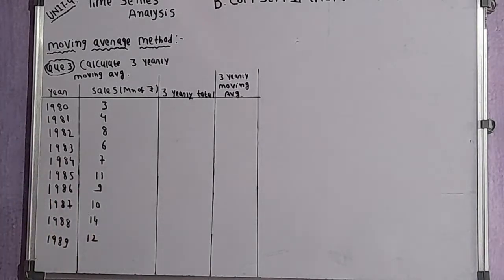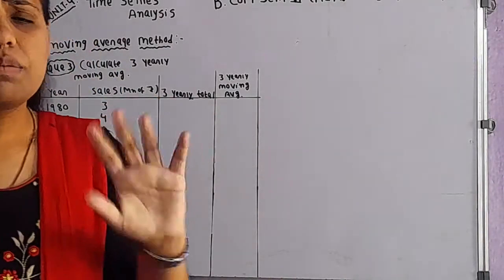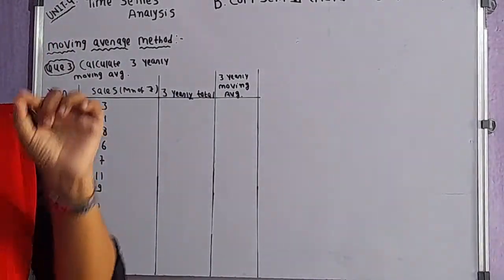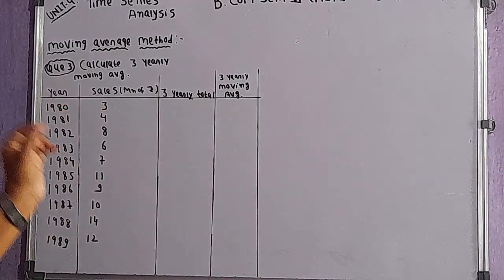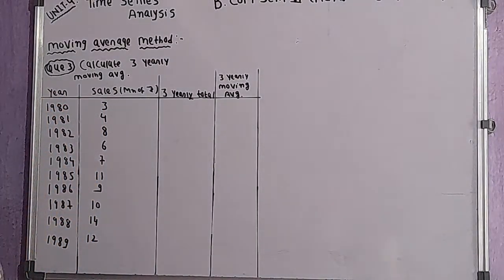When we talk about this moving average, it's not so different from the average. The moving average is exactly the same, but here the average is calculated several times from several subsets of data. So it is similar to average, but here the average is not calculated only one time. Here the average is calculated several times from several subsets of data. How that works, we are going to see further.